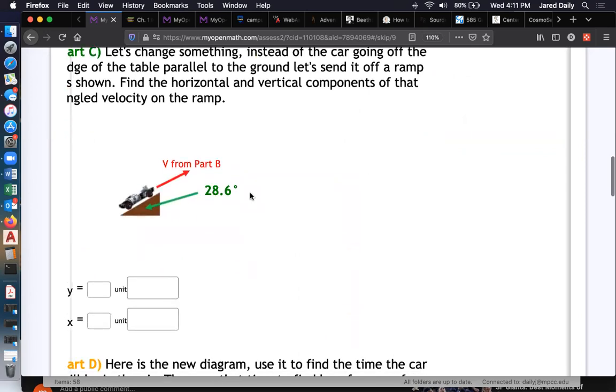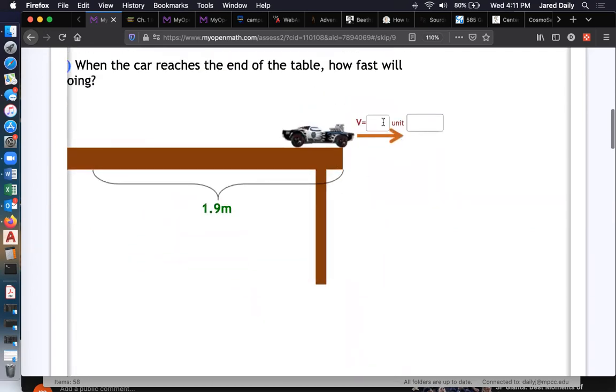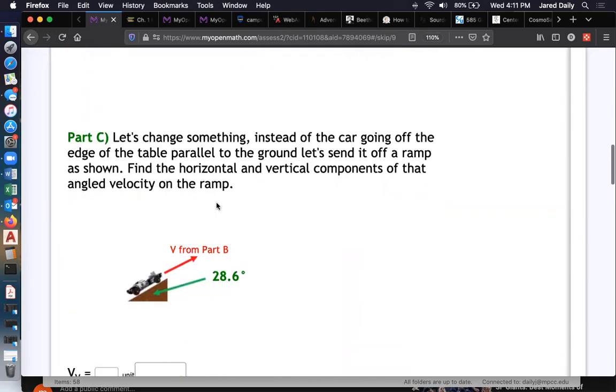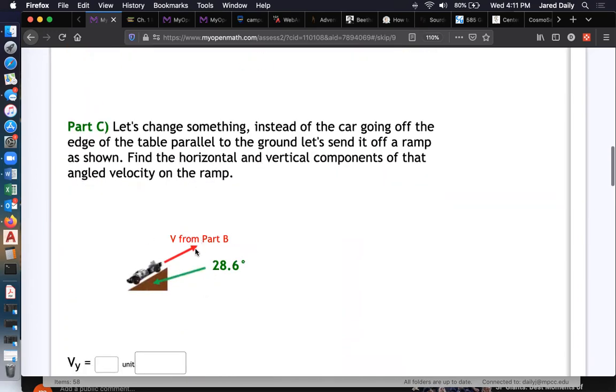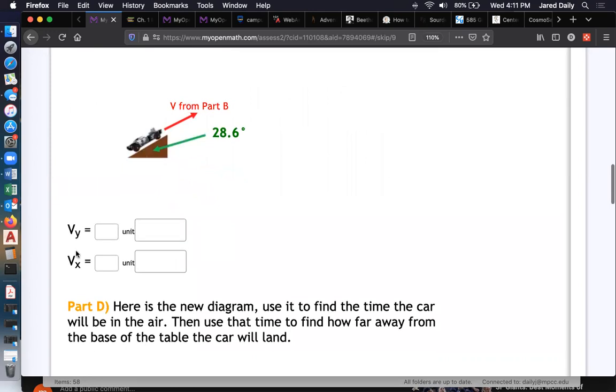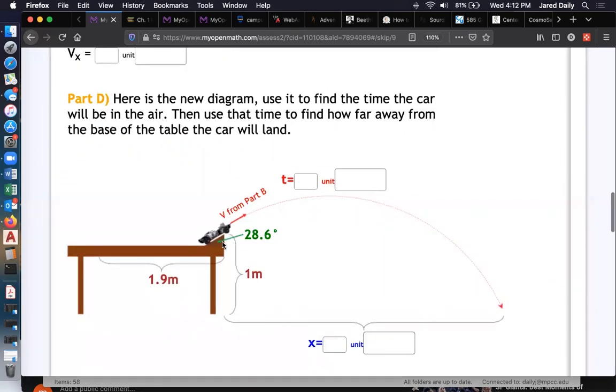It's going to be going that fast, but it's now going to be going at this angle off the end of the table. So then you have to break this vector into two components, using the velocity you calculate in part B as the total velocity, and getting two components in the horizontal and vertical directions. And then you'll write those down. Then in the y direction, from the initial y component of the velocity and the height of the table, you're going to figure out how long it takes for it to hit the ground. Then once you figure out how long it takes to hit the ground, you'll figure out how far it goes in x using